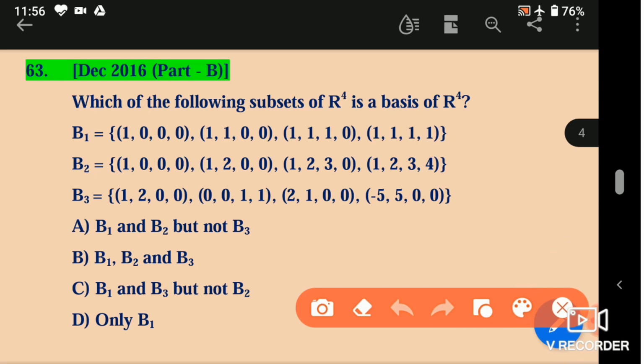In general, to prove a basis, we have to check whether the set is linearly independent and the set generates the whole vector space, or spans the whole vector space. But whenever the dimension and the number of vectors are the same, dimension is 4, number of vectors also 4, only one of the two conditions is enough. Either check the linearly independent condition or the spanning condition. That's all. Here I am going to check only